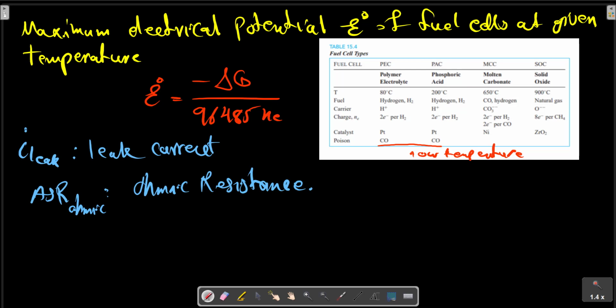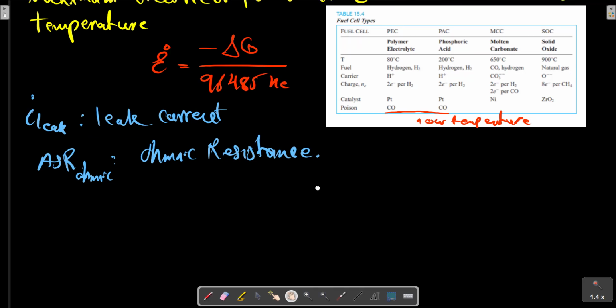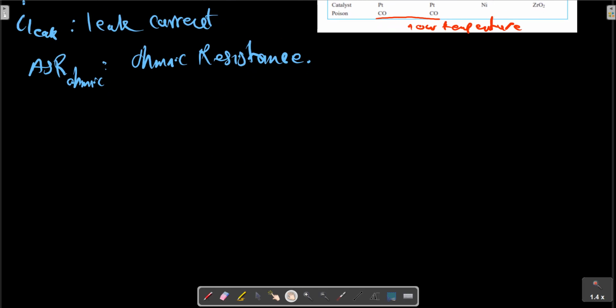The output voltage V generated by a fuel cell becomes